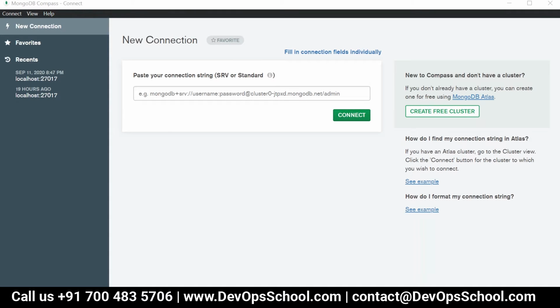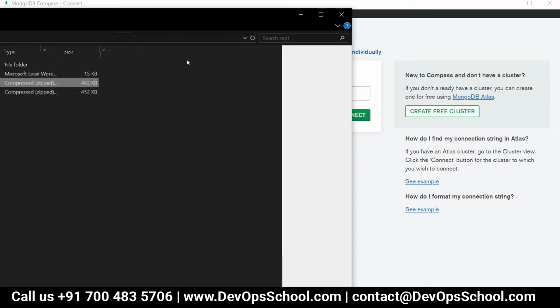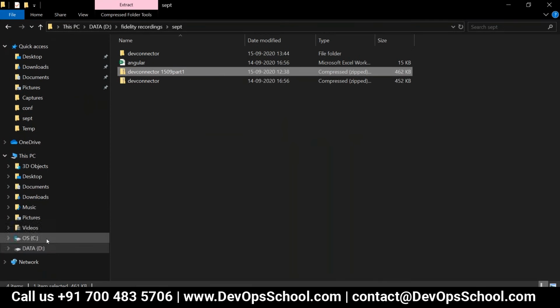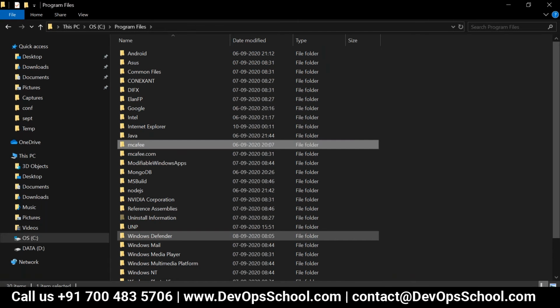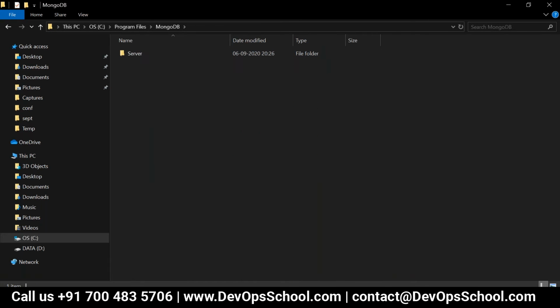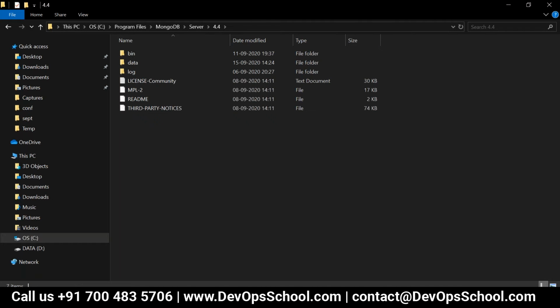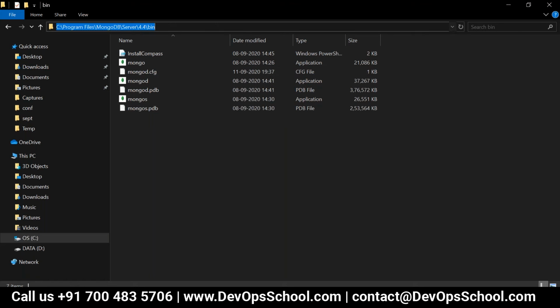Can you go to the location where your MongoDB is installed? For me, it is installed under Program Files. Same with me too. Program Files, MongoDB, Server. I have 4.4, but you will have some 4.x version. Then bin, and then you can select this path and type CMD.